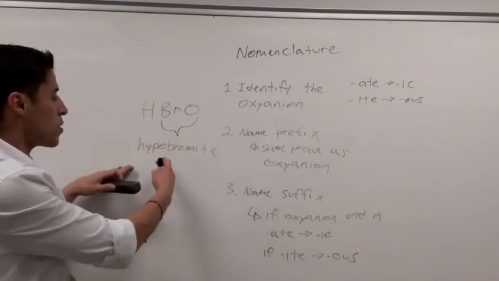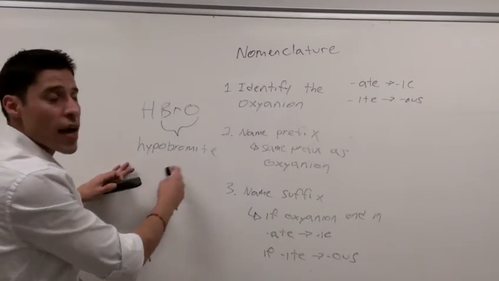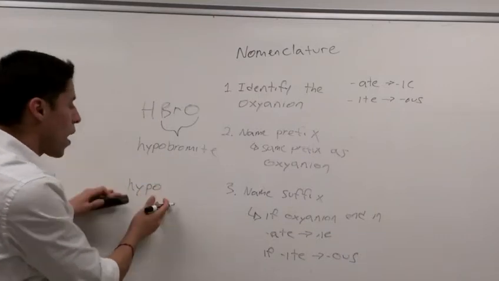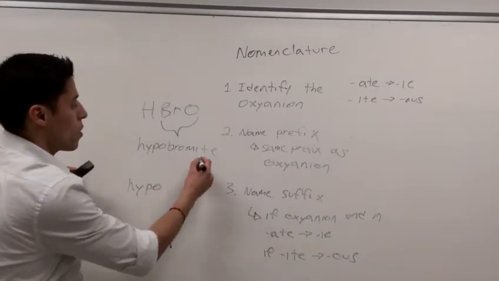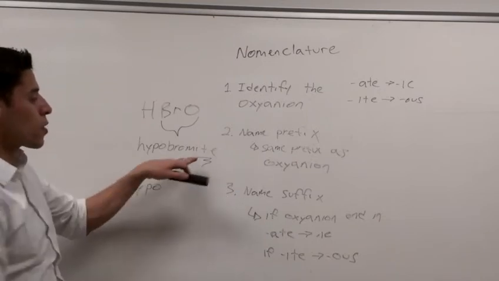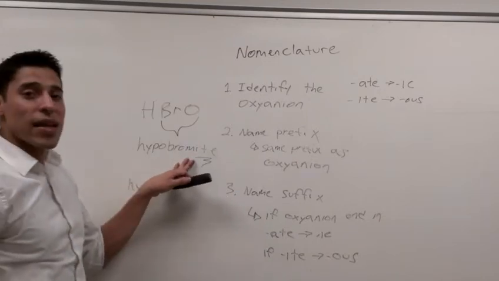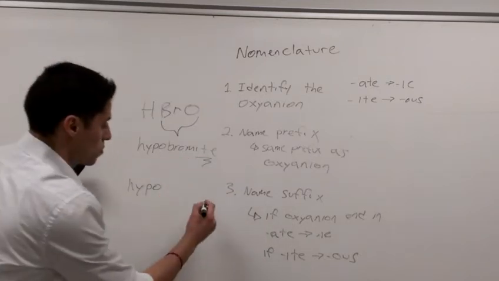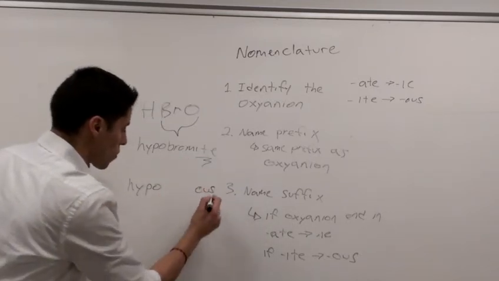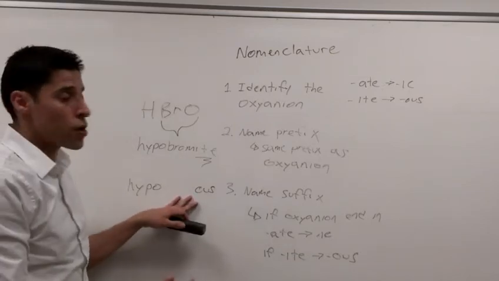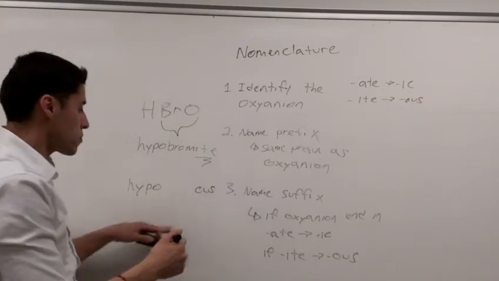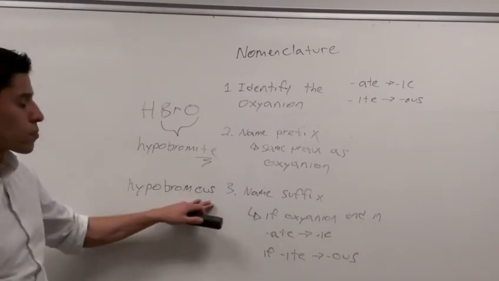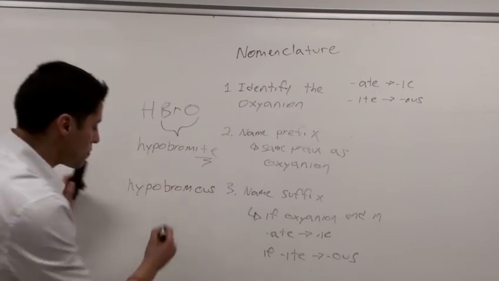The prefix is the same as the prefix of the oxyanion. So this acid name is going to start with hypo. In this case, rule number 3, the oxyanion ends in ite, which means the acid is going to end in os. Now we just fill in the root word, which is brom. There you have it. Hypobromous